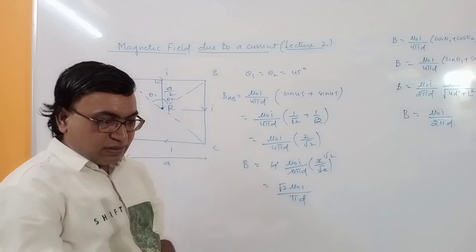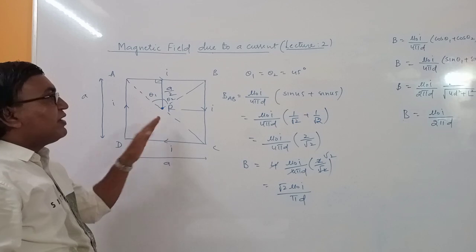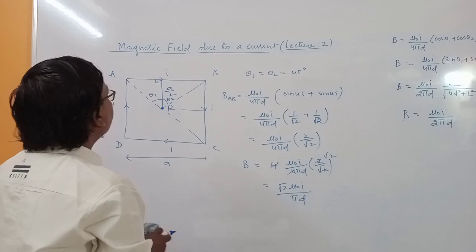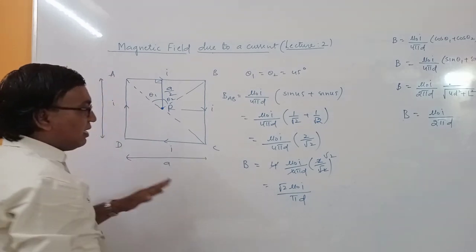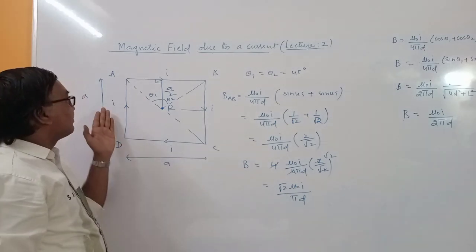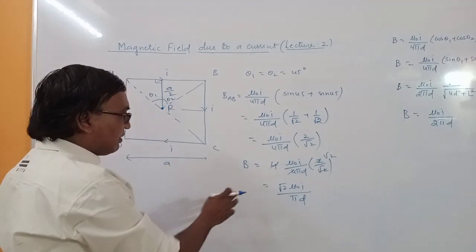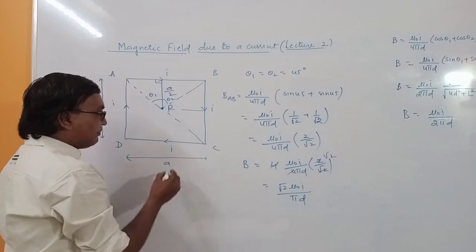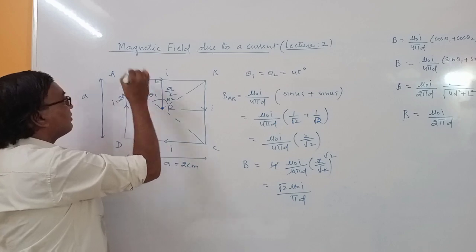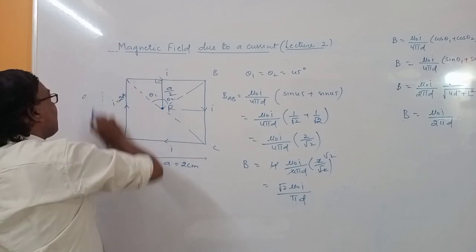Fine. Yes. So now similarly, suppose instead of square loop, if I take rectangular loop, अगर हम rectangular loop लेते और उसके magnetic field निकालेंगे. Now see here, the value of A may be given to you in the problem. The current may be given. So you can assume A as, suppose somebody wants to solve this problem and you want a value here, then A you consider 2 centimeter and I you consider 2 ampere. Okay. Put the values, get the magnetic field. And similarly, next problem.